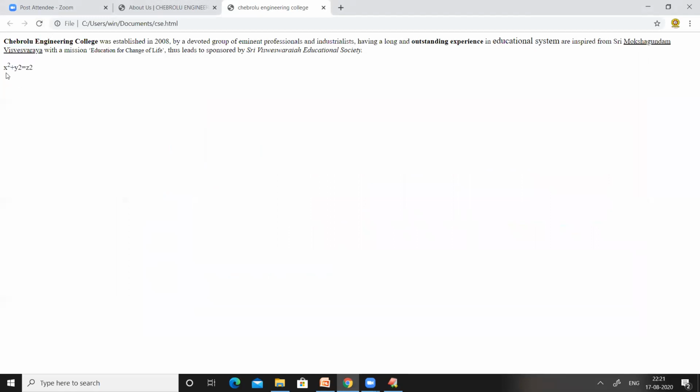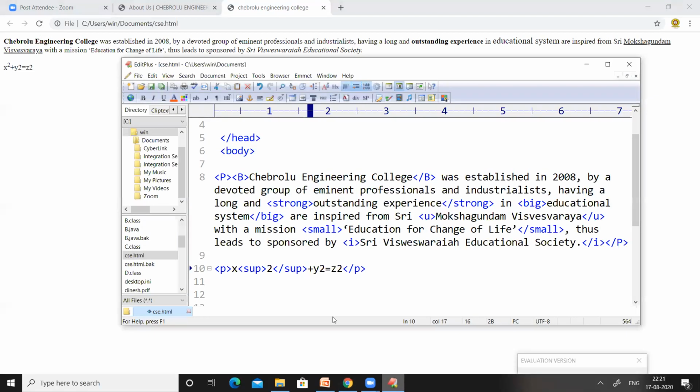So you can observe here that the position of the 2 is somewhat higher than x. Now it is looking like x square. Similarly, do the same thing for the remaining 2's along with y and z.